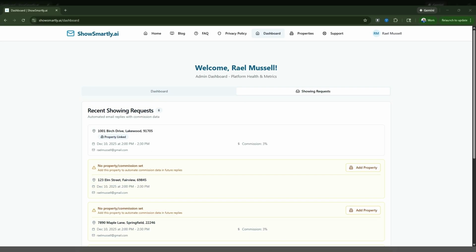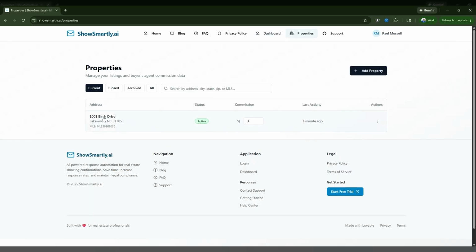Let's look at the Supabase database to see what I've stored and persisted. So here is the property. This was the email that we just processed. 1001 Birch Drive. Go back and verify that that's true. 1001 Birch Drive. Going back to Supabase. We persist showing date, showing time, showing agent, listing agent, commission. When we sent the reply,